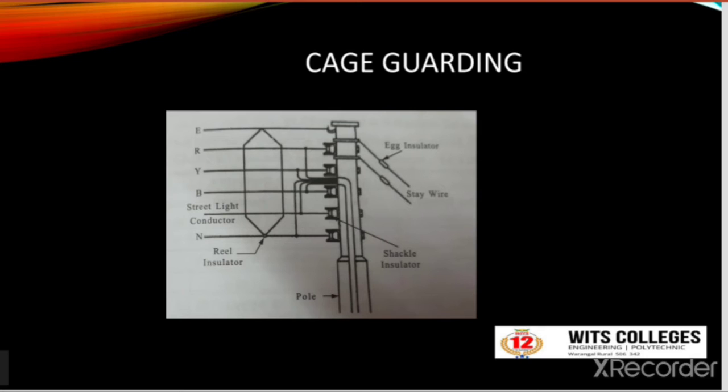In low tension lines, the guard is connected with the neutral and insulated from the earth by means of porcelain. In case of a live conductor, if it breaks, it comes in contact with the guard, which causes a short circuit between the live conductor and neutral, causing the fuse to blow and the circuit breakers to trip. And every tapping point or dead end and angle deviation requires a stay wire. So in this manner we are placing the cage guarding.